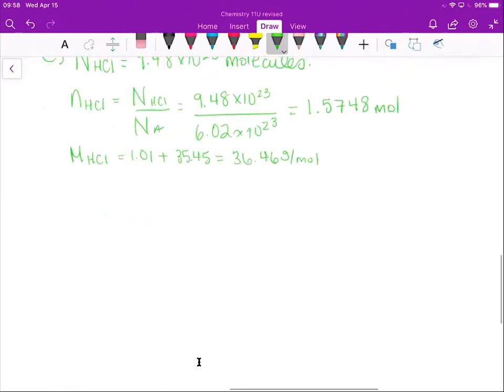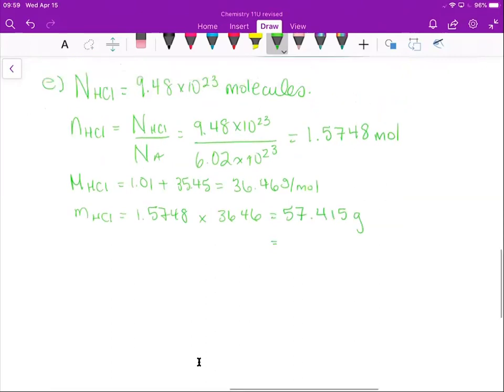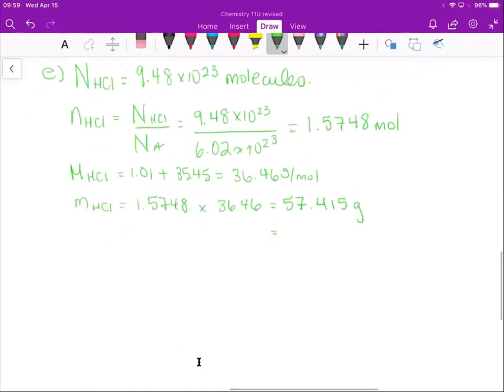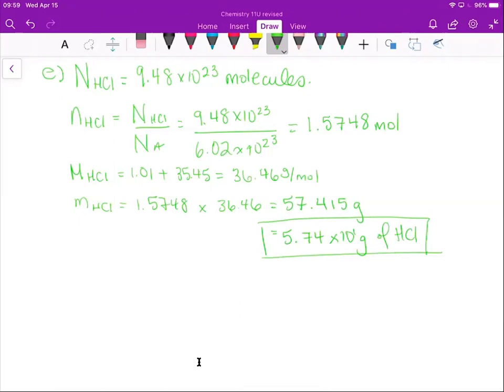Okay, and so then the last thing is the mass of hydrogen chloride. So I get 57.415 grams. Again, I'm going to change it to scientific notation and significant digits. So I should only have 3 numbers, and it should be 5.74 times 10 to the 1 grams of HCl. Okay. And then the last one was